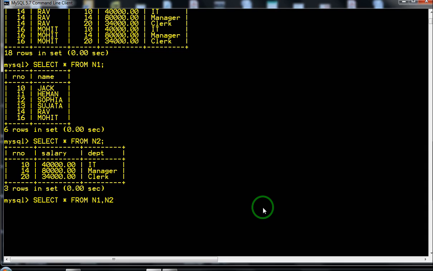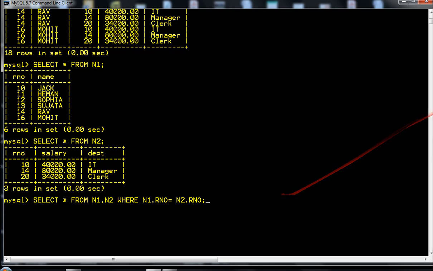So, as I have already told you, equijoin is a join in which columns are compared for equality. So, we will compare the columns for equality. So, select star from n1 comma n2 where n1 dot roll number equal to n2 dot roll number.